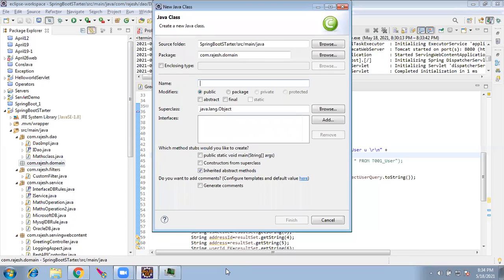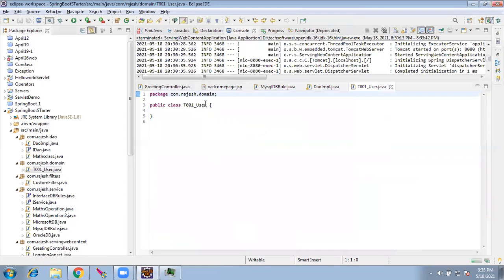So we have 2 tables. The first table is T001_user. How many attributes are there in this table? We have the user_id, we have the username.